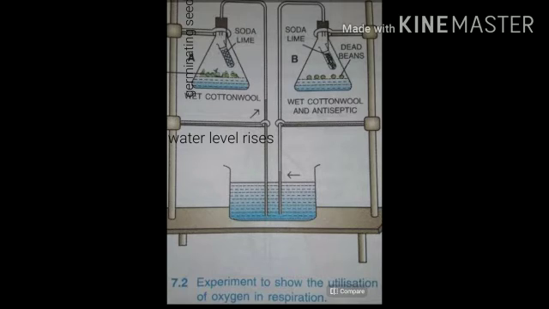How do we know that oxygen is used up? For this, we are going to perform a test. We take a burning paper and introduce it into each flask. The flame is immediately put off in flask A, but it continues for a short while in flask B. This proves that oxygen is absent in flask A, showing thereby that it was used up by the germinating seeds, and the volume of oxygen so used up was indicated by the rise of water level in the delivery tube. This proves that oxygen is used up in respiration.